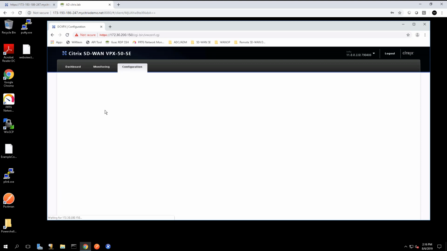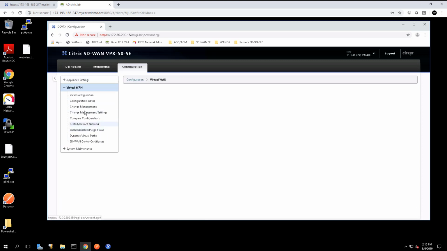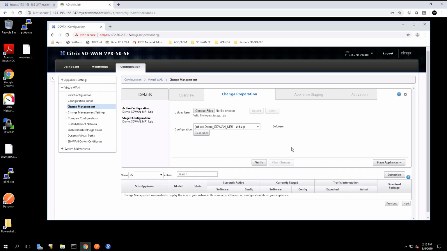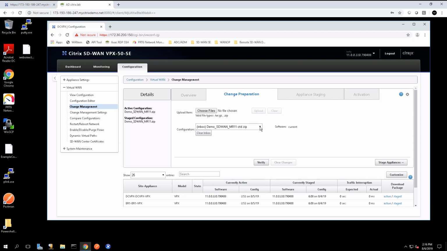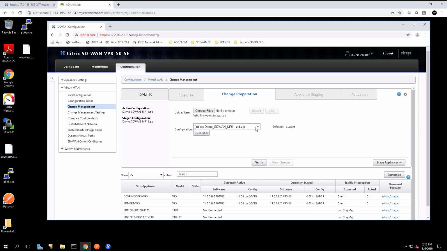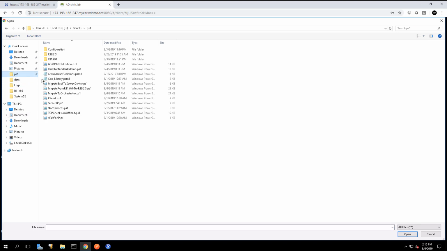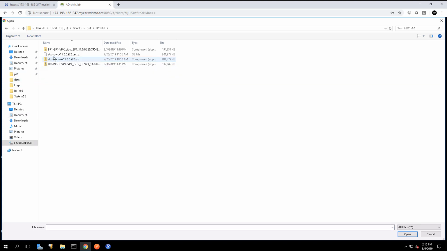We'll navigate to the change management page and begin the workflow. We can first validate that our updated configuration file is in the inbox, then upload the Release 11.0 software bundle, which contains specific components that are required when using physical devices. For your convenience, the software bundle has been made available on the AD1 jump box under the scripts PowerShell 1